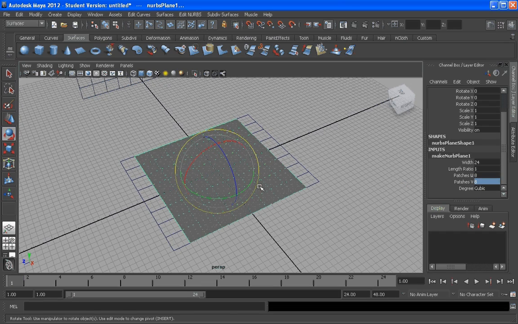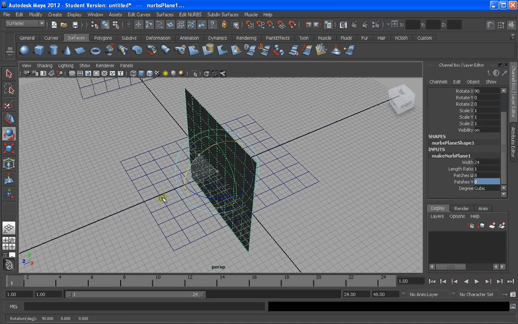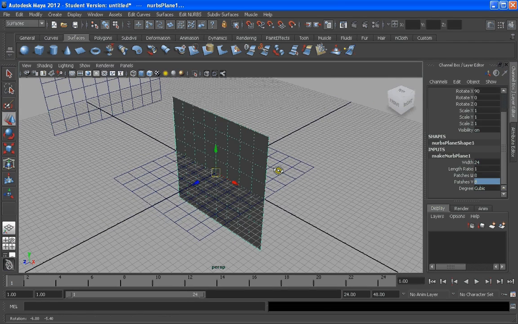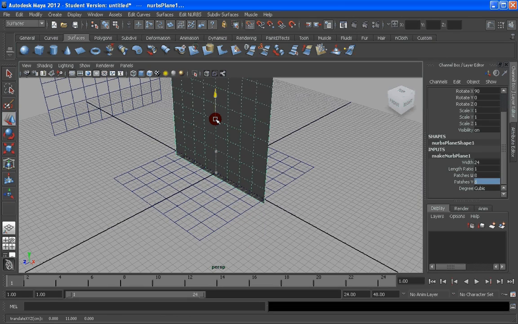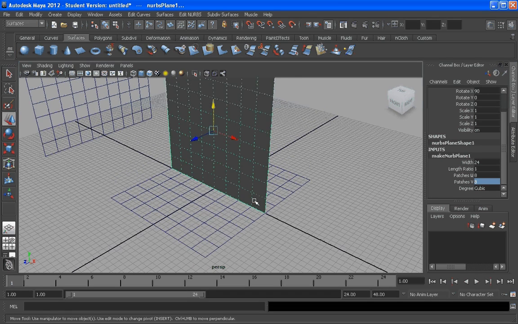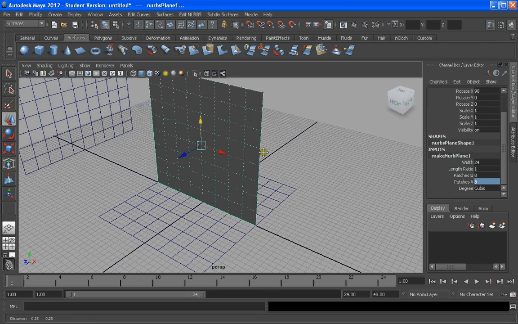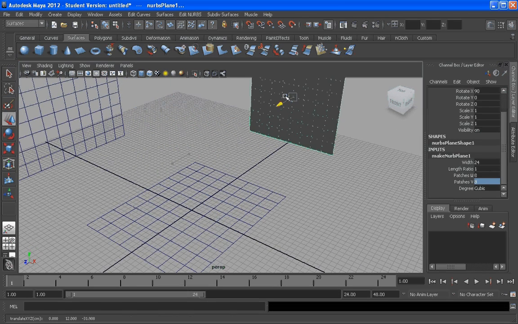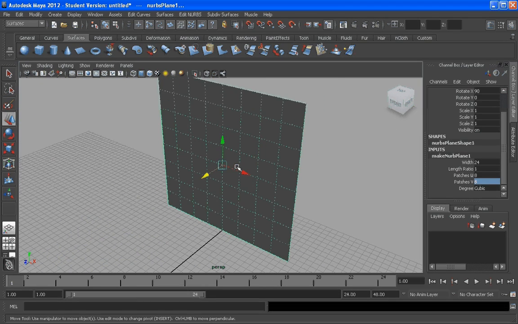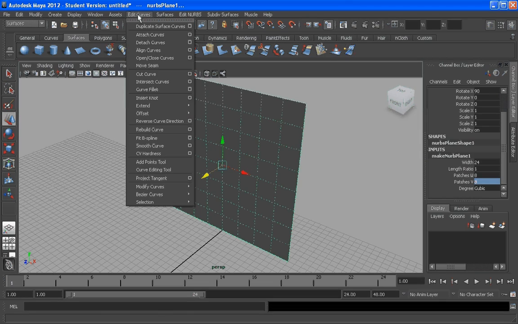Okay, E for rotate, J as in James, and rotate in this direction 15, 15, 15 until it gets to 90 degrees. And we're going to press W to move, and press X as in grid snap. You see I'm pressing the arrow, so it has to be vertical, there's no other way, and X at the same time is going to be snapping step by step to the grid. I'll take it down here, and remember we can duplicate the lines of a surface by going to Edit Curves,